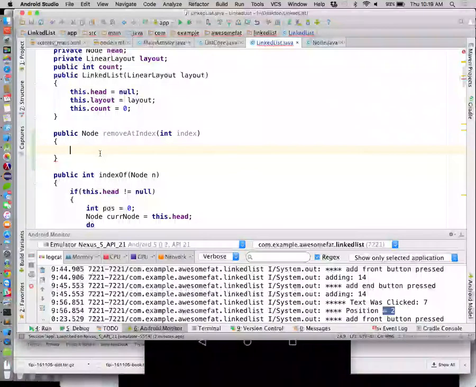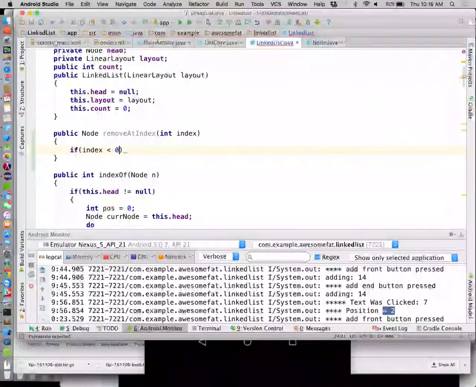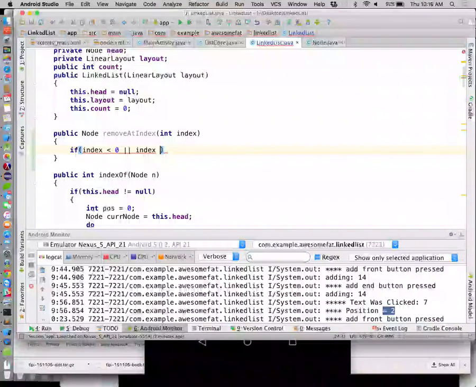All right, so now we can make a couple of assumptions here. We could assume that the index that's passed to us is always a correct index. Now we are keeping track of count, so that should work. So we can do a couple things here. We'll do a little error checking. So for starters, we can ask the question if index is less than 0 or index is greater than or equal to